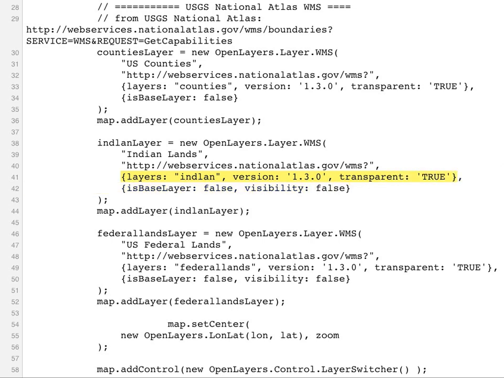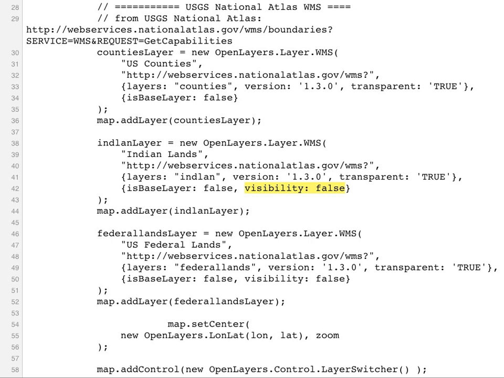In this case, I'm requesting again one layer, the endLand layer, specifying the version and the transparency. And then here, the OpenLayers options, where I'm again specifying it as not a base layer, so it's going to be an overlay layer. And I've also here specified visibility false,